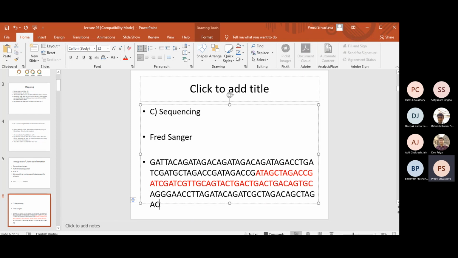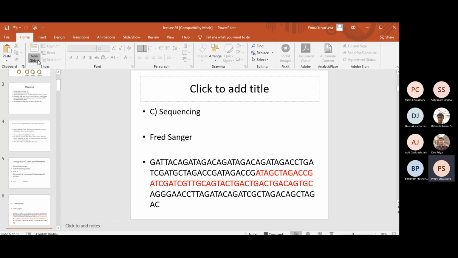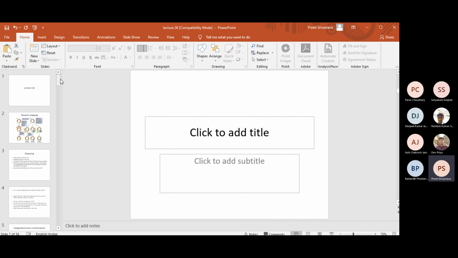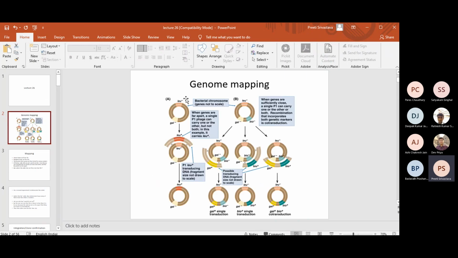So in order to confirm that it has integrated only and only at this place, let me, maybe from this diagram. So the integration can happen over here. The integration can happen over here. The integration can happen at,